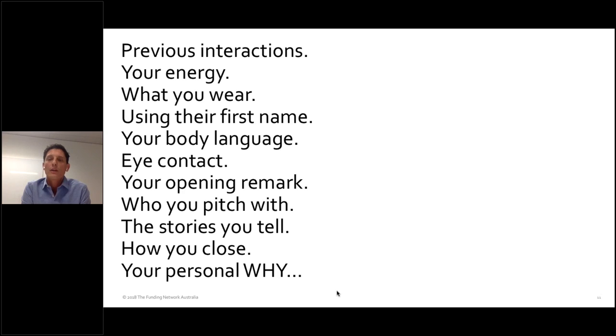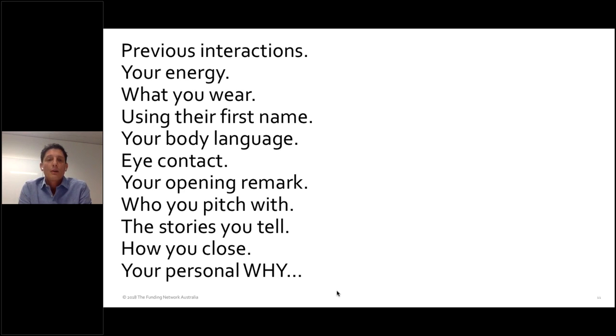Every previous interaction that you've had with the person that you're pitching to, the funder or the group of people in the room, is going to have an influence on how they've connected with you emotionally. So from the moment that you are having your first meeting or first phone call or first email with someone who may go on to be a funder, you need to think about the language you're using and what kind of an emotional connection you're creating with them for what may end up being quite a long journey before you get to the point that you make an ask of them.